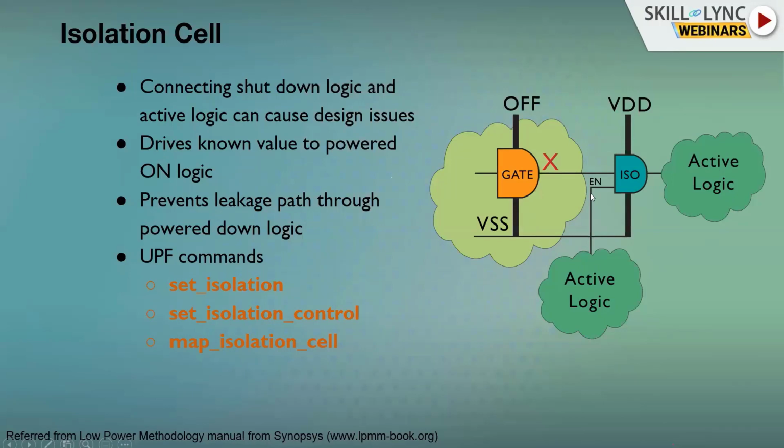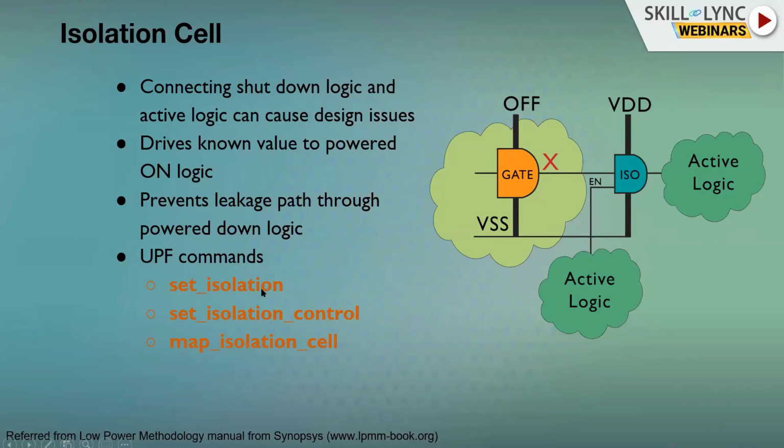We tell this enable signal that I am going into off and this has to be enabled, and it will be clamping to some predefined value. If you put an AND gate, it will be clamping to 0. If you put an OR gate, it will be clamping to 1. So you'll get a 0 here instead of an X when you put an isolation cell, so that the other logic can compute rightly in what it is doing or behaving.